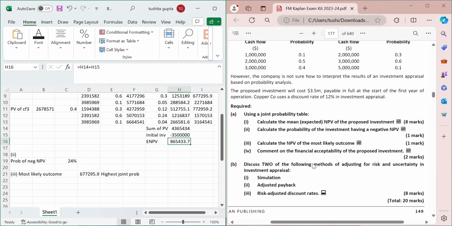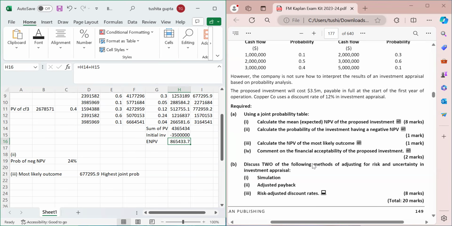So just to give you an overview, I'm sure you would have studied it. Simulation basically is a way where we are changing more than one variable at a time. We are running scenarios where we are assigning different probabilities to different outcomes happening, and we are also considering that the variables which are there are interrelated. So this is what a simulation basically is. You run a lot of different outcomes which are possible, and then you develop a probability that what is the probability of what outcome happening, and then you work out whether you should be taking the project or not.